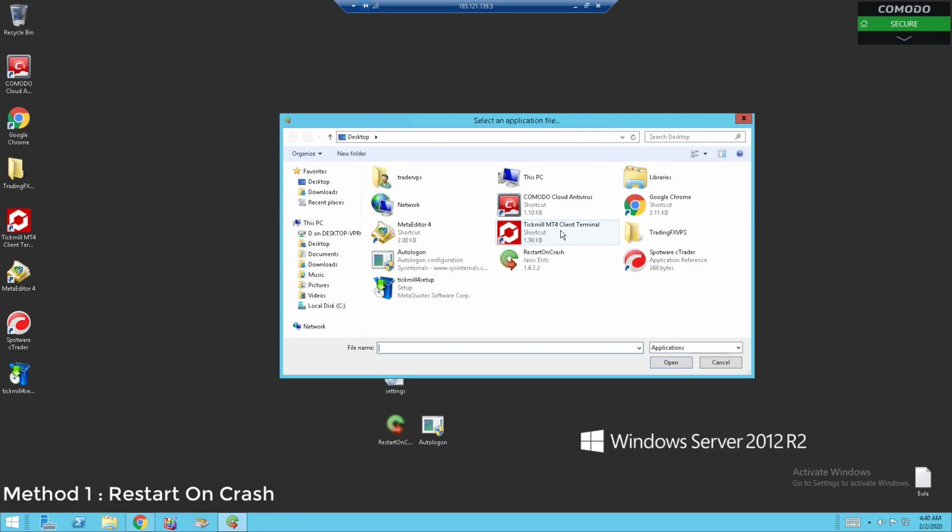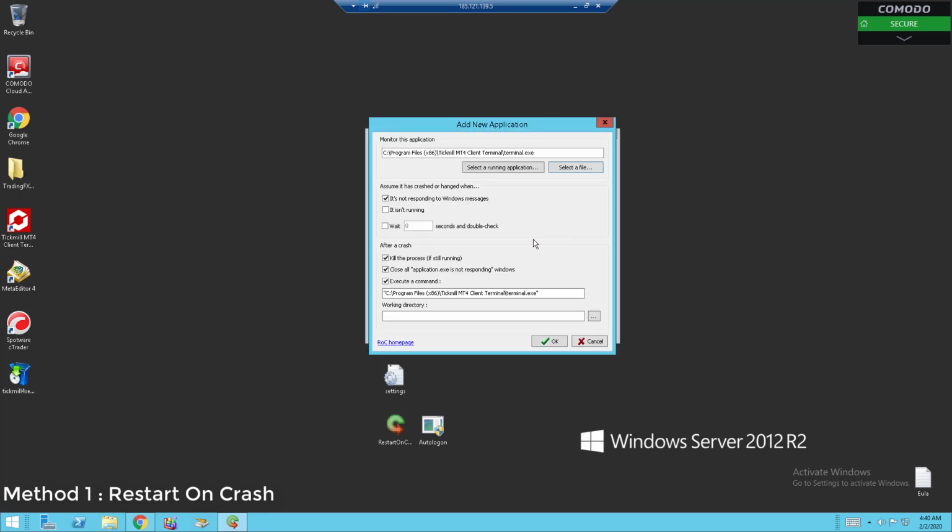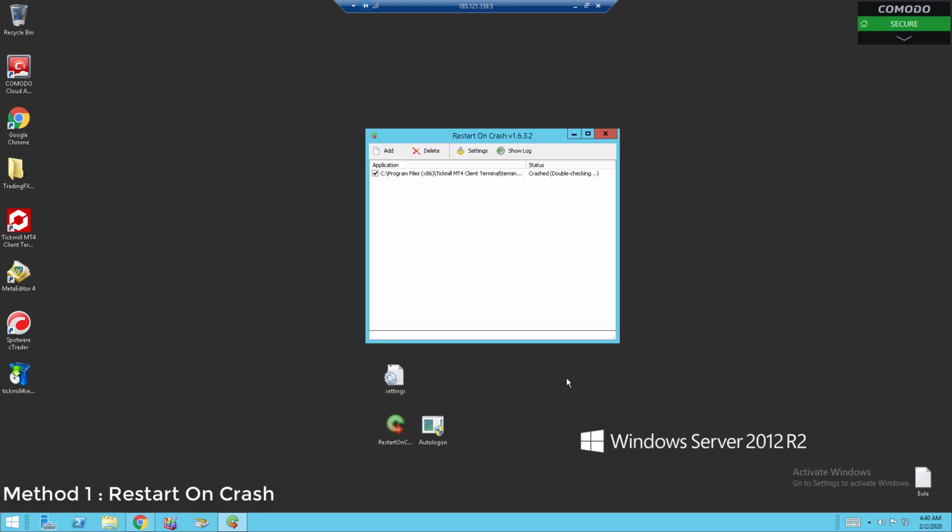So right here I'm just going to select the DoJ MT4, and you want to check on it is running, and wait 0 seconds and double check. You want to change this to 10 seconds, and once you have checked everything that you see on this screen, you're good to go. Just click on OK, and you'll see that it has determined that the status is crashed